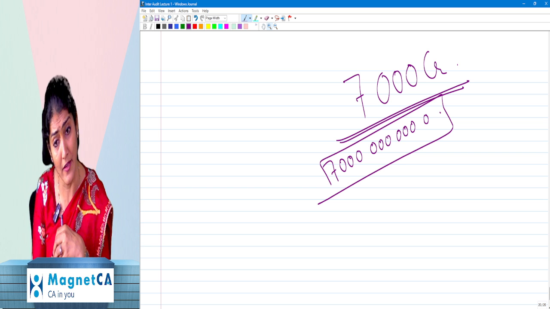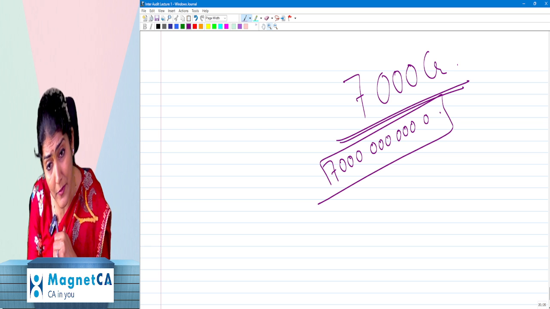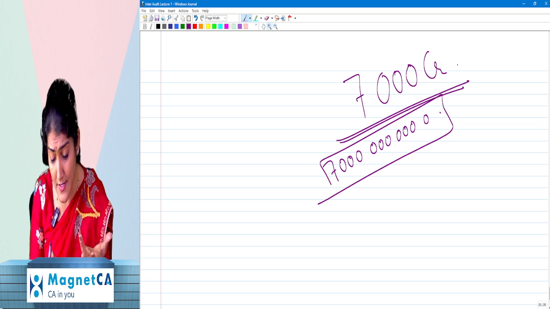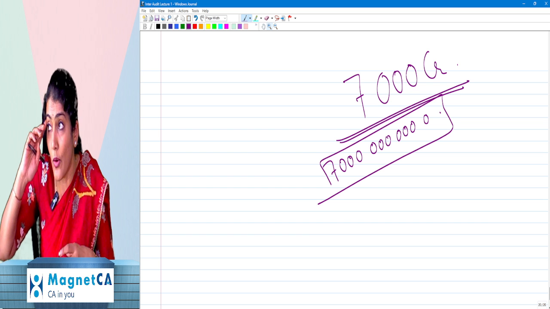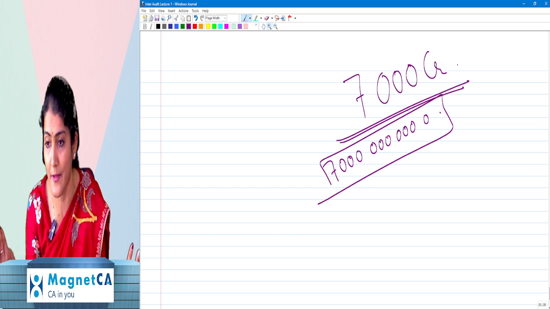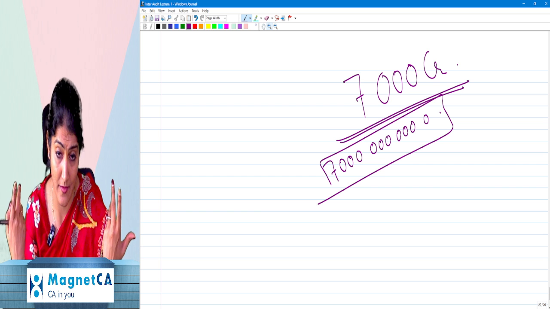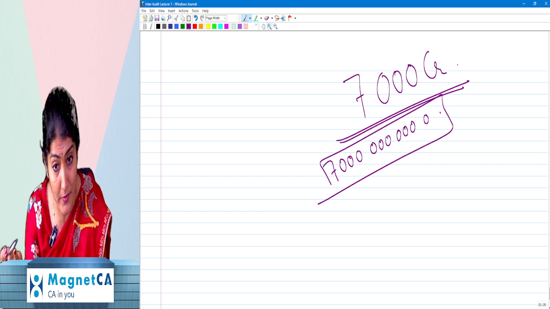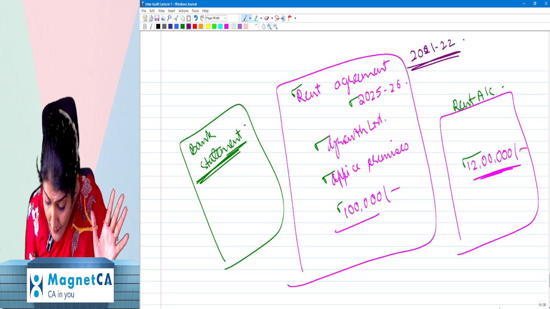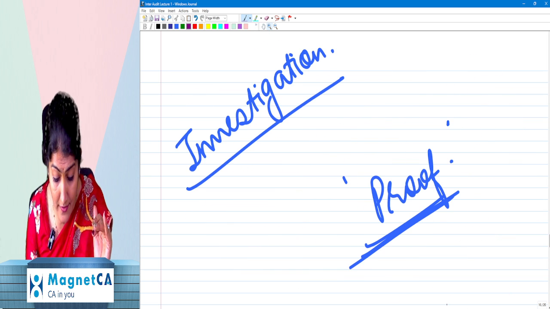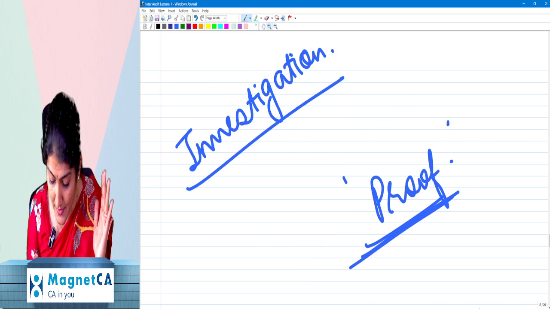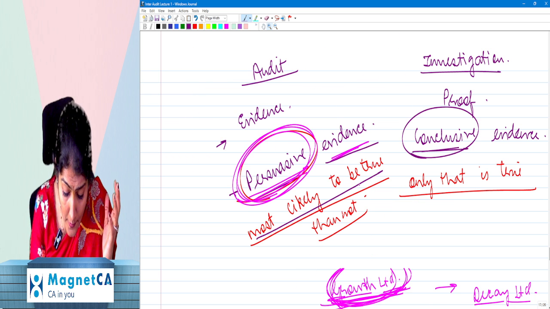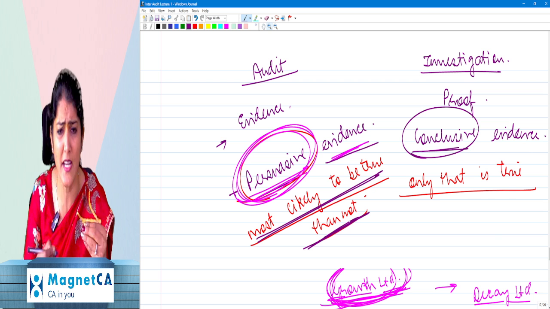7,000 crore fraud in the books of account of the company. You understand? No. So I believe in prima facie what I see, but that thought is always there. Who knows if it's a Satyam? Who knows? What is the true reality of the company? So do we get the conclusive evidence? No. The evidence which we get is only the persuasive evidence, right? The evidence which we get in an audit is only the persuasive, which is most likely to be true than